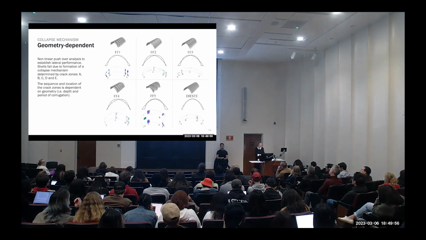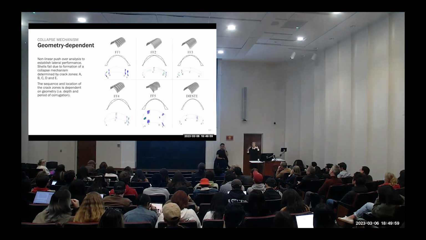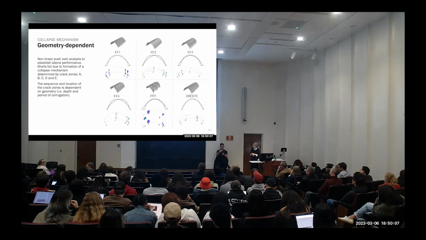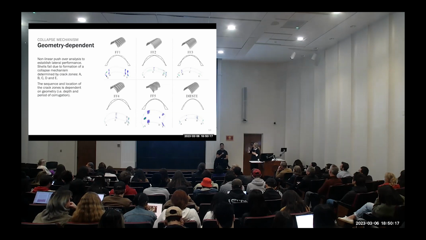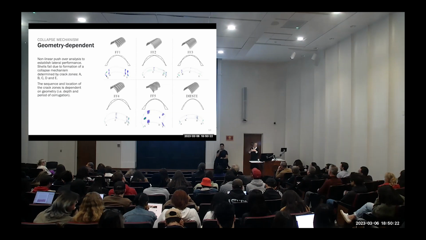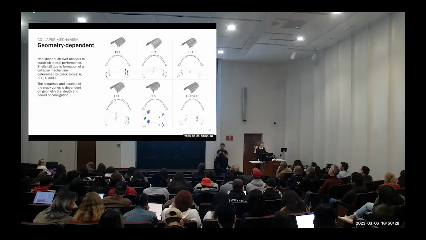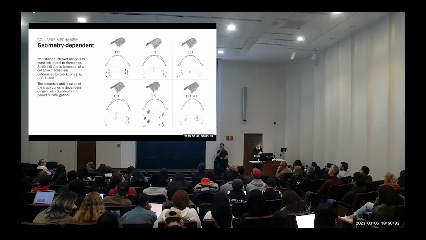So then we made many models in Rhino. When we do parametric studies, we make our models in Rhino, and then we study them using finite element methods. So we made a number of variations of the shell in Rhino, and then we analyzed them in finite element analysis. With Rhino's parametric modeling, we varied the corrugation depth, so you see some of them have very small corrugation depths, some have much larger, and also the periodicity. That is how often these waves reoccur.